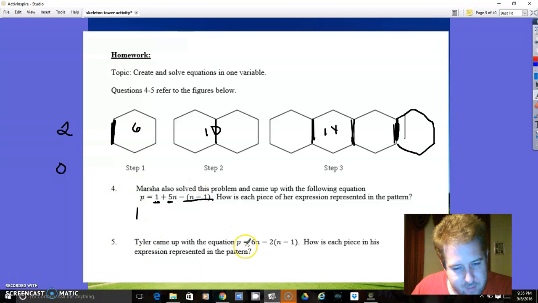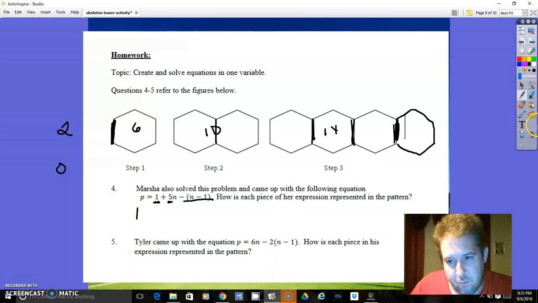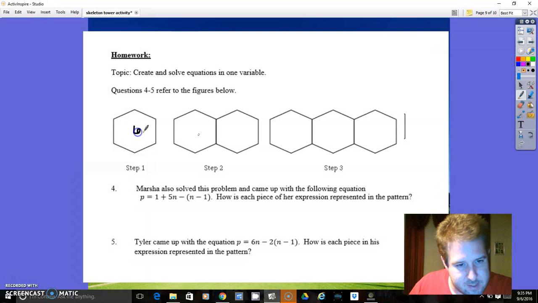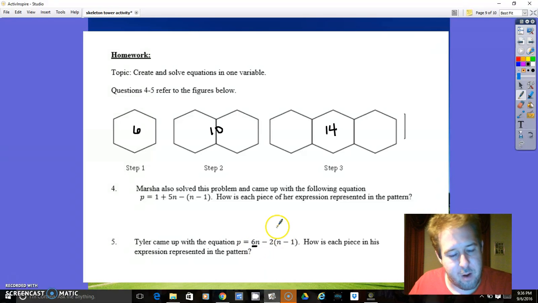So question number 5. All right, where did Tyler come up with all this stuff? So I'm going to erase all of this because that's kind of making it messy. So this had a perimeter of 6. This had a perimeter of 10. This had a perimeter of 14. All right, where did Tyler come up with the 6? Why is that a part of his expression? Well, 6 is the perimeter per hexagon. So if there were 2 steps, and there's 2 hexagons, then 6 times step 2, 2 hexagons, would be 12